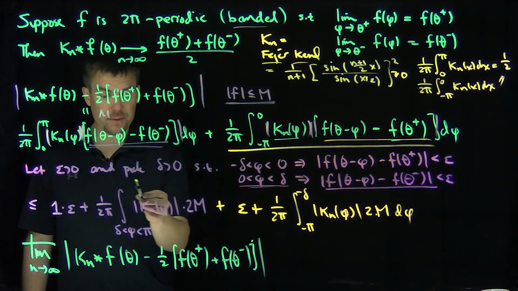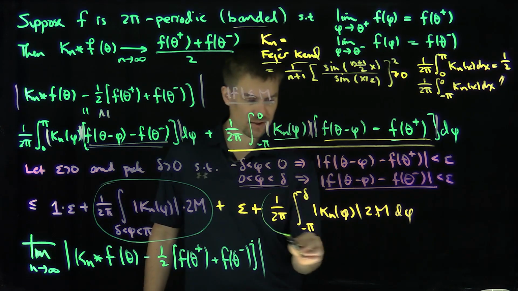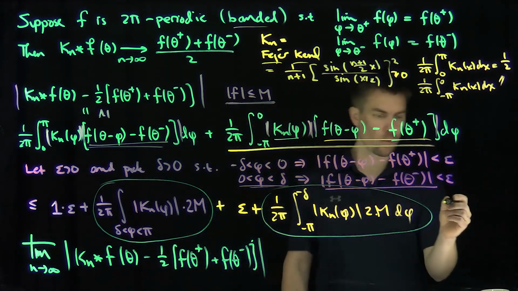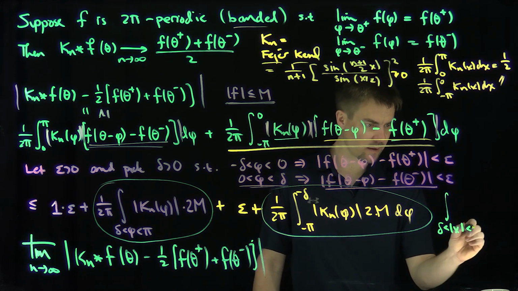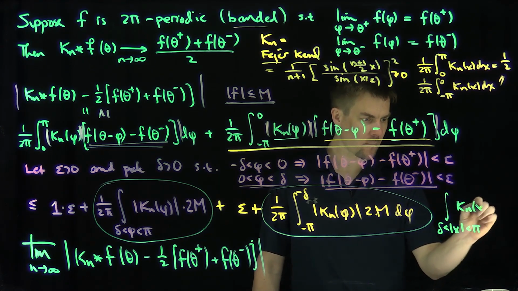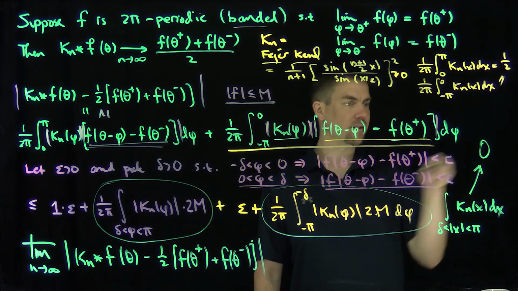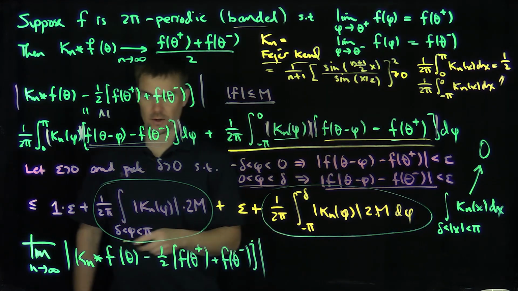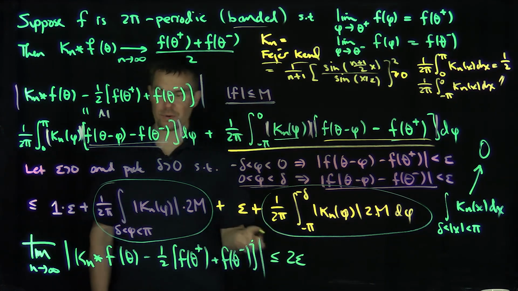Since k is an approximation identity for any delta, these terms over here exactly account for the area. And we know since k is an approximation identity, these terms tend to 0 as n goes to infinity, right? So this is less than or equal to 2 epsilon, and that concludes the proof because the lim sup is